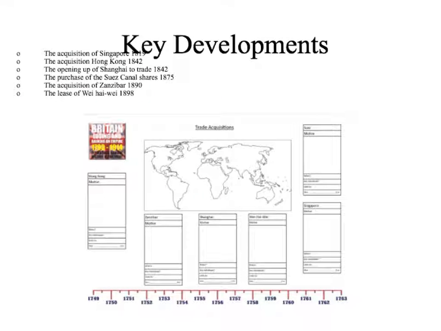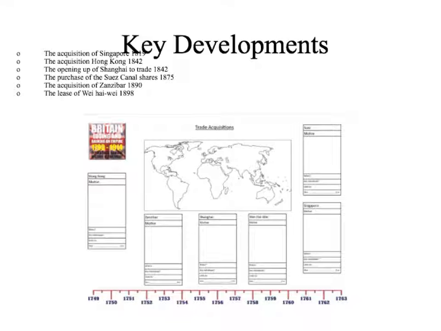In your project, you will deal with the last case studies that need to be studied for this particular unit. These are the acquisitions of 6 locations around the world. As you can see from their dates, they range from the start of the free trade period with the acquisition of Singapore through to the acquisition of Weihai in 1898. The acquisitions in between are Hong Kong in 1842, which we already know is linked to the Opium Wars, the opening up of Shanghai to trade in 1842, again another consequence of the opening of China after the Opium Wars,